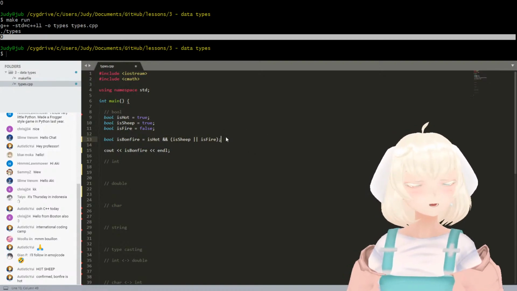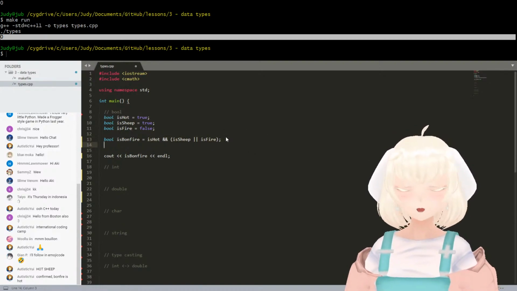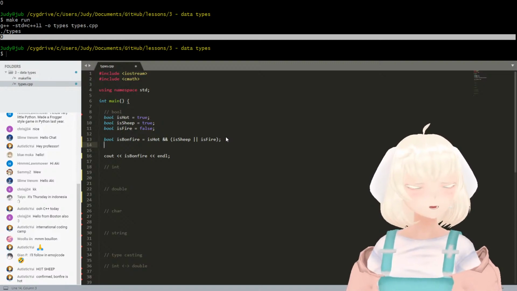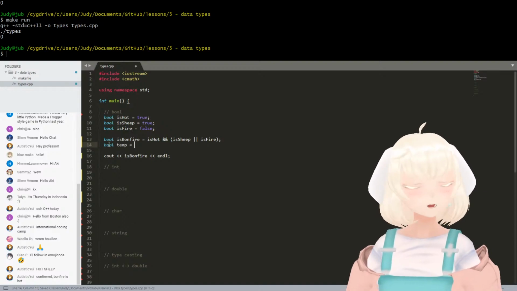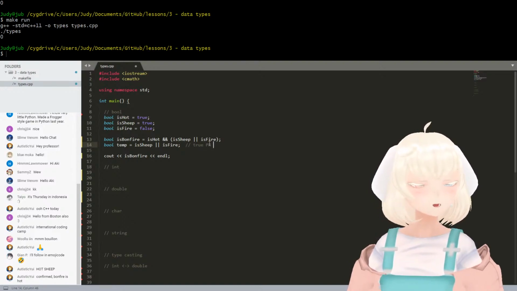So actually, let's take a look at is sheep or is fire, right? We can just copy this over. Let's call it bool temporary, right? So what will this give us? Is sheep is true and is fire is false. So true or